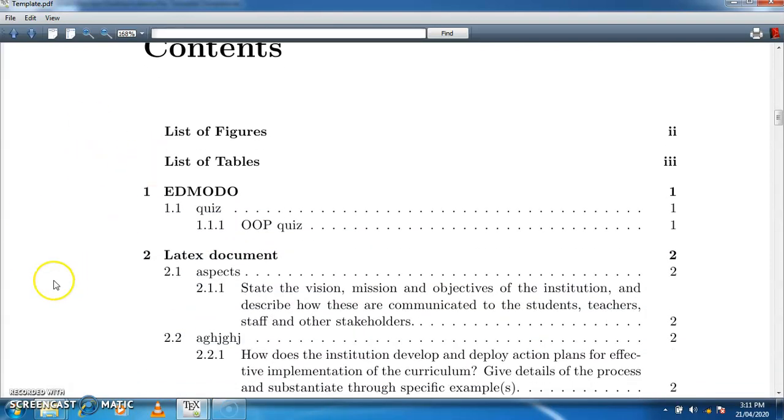Here you can see that the name of the second chapter, which we changed in the last compilation, has been changed in the second compilation. It means whatever changes you make in the LaTeX document, to reflect them in your contents or index, it requires two successive compilations.